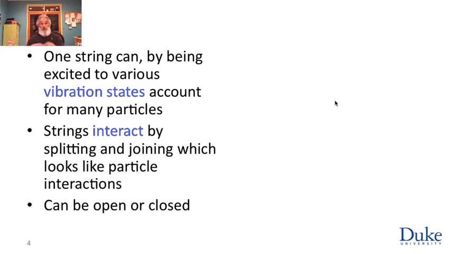All manner of different masses and different angular momenta can be expressed by one universal string. So you have one unique kind of string, and it corresponds essentially to an infinite number of particles, one for each vibrational state of the string. An infinite number of different kinds of particles represented by one string. What's so great about this? Well, we only have a finite number of particles, we think, in the universe. Who needs an infinite set of particles?